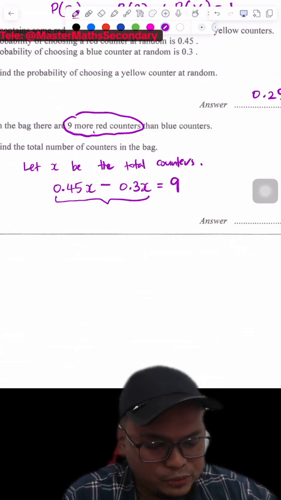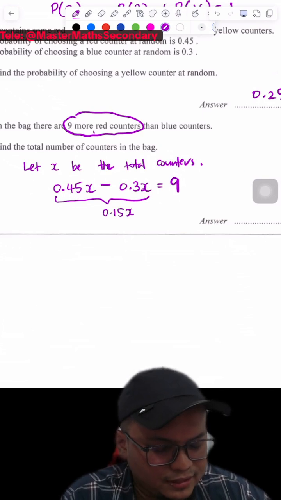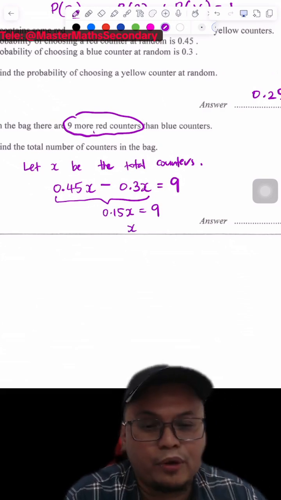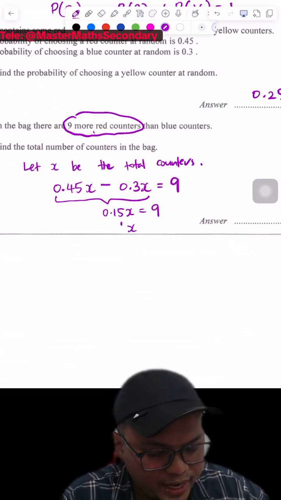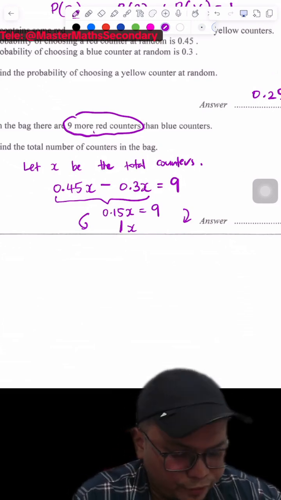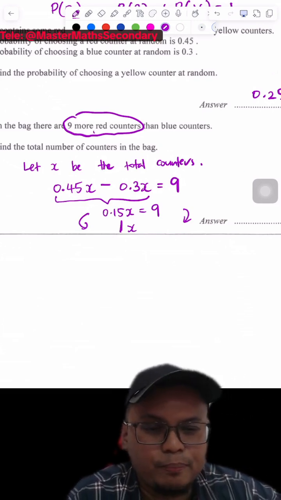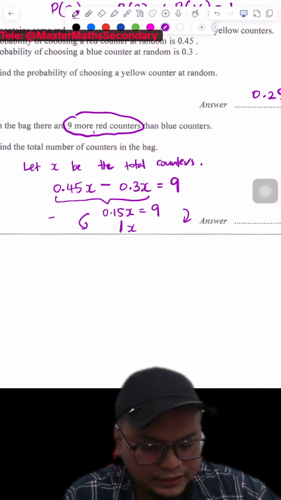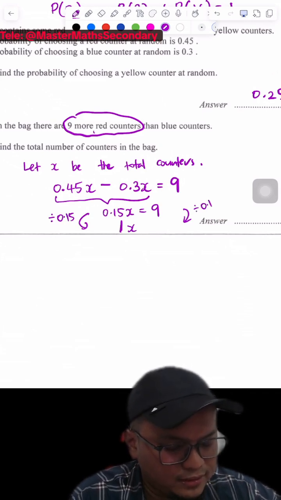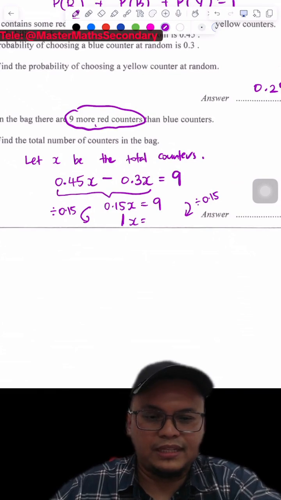algebra, for secondary school, we'll just take the difference. 0.45 minus 0.3 is 0.15x, and this is 0.15x equals 9, right? Yeah, so to find x from 0.15x, to get 1x, what do we have to do on both sides, guys? From 0.15x, I want to actually get to 1x. 0.15 to 1. You have to divide by 0.15 on the left, and I must also do the same on the right. And when you take 9 divided by 0.15, if you have done this correctly,